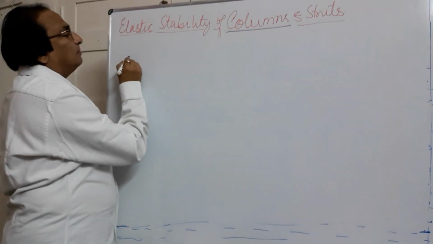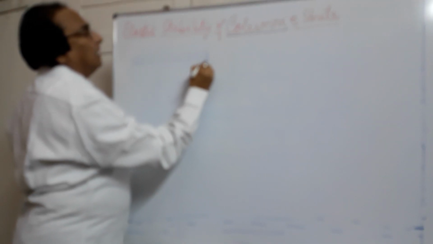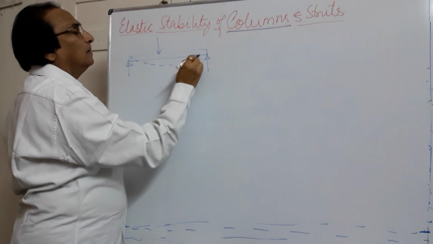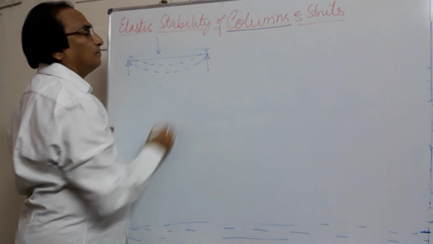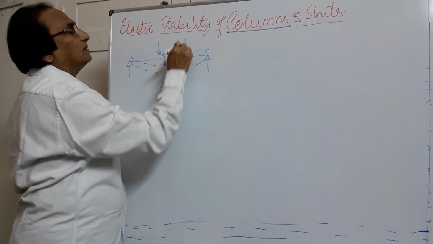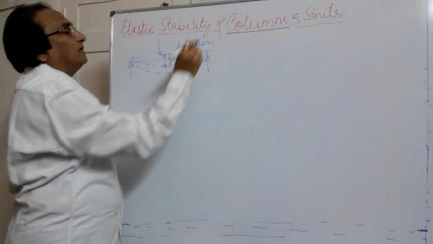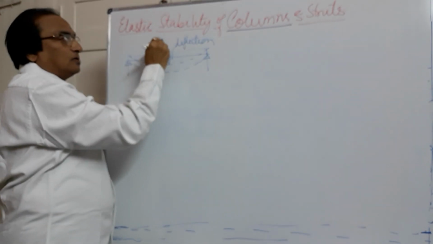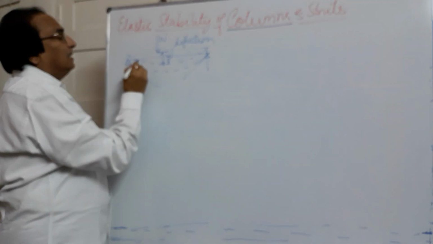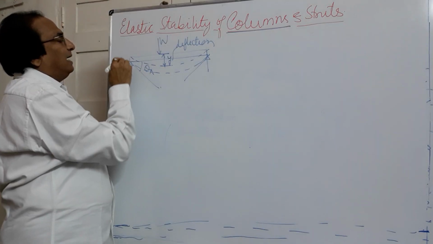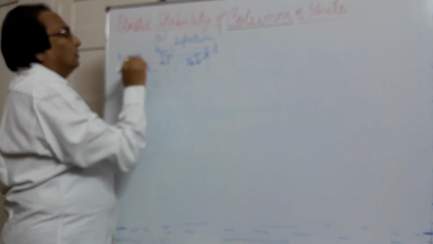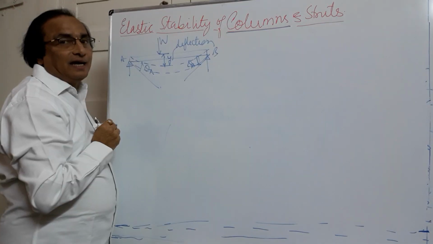Now here, suppose I take a simply supported beam and I support it at the ends, and it is carrying the load. How is the beam going to bend? It is going to bend like this. This we call deflection. So this Y is deflection. Why is it deflecting? It is deflecting because of the load. Now if you see at the supports, if I draw a tangent here, there is a slope theta at A, and there will be slope theta at B. So you find there is slope at A and B.